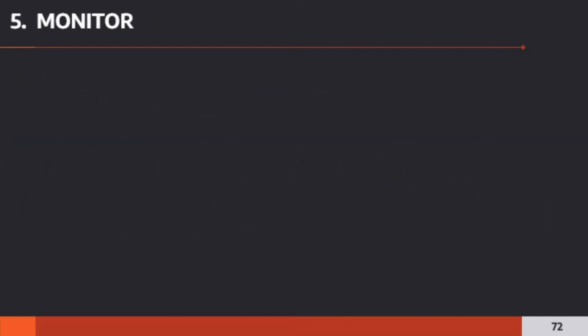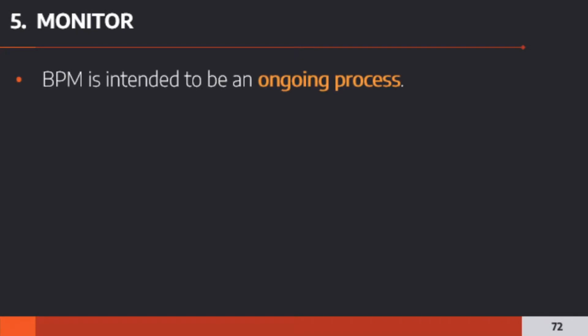The fifth item is monitoring. BPM is intended to be an ongoing process. When we talk about an ongoing process, it's a continuous improvement process. BPM